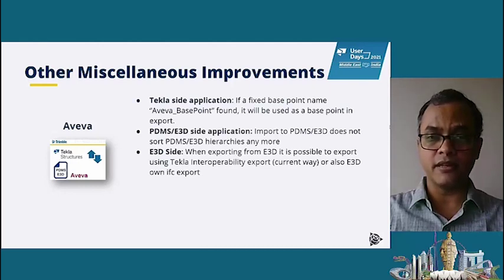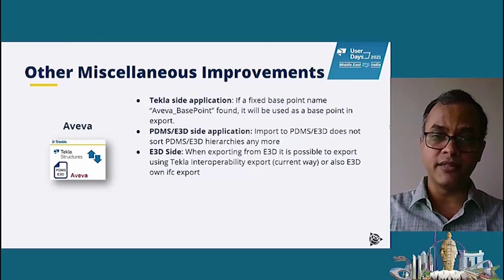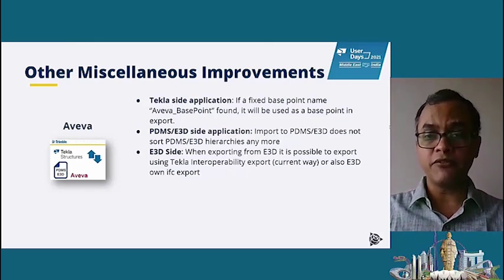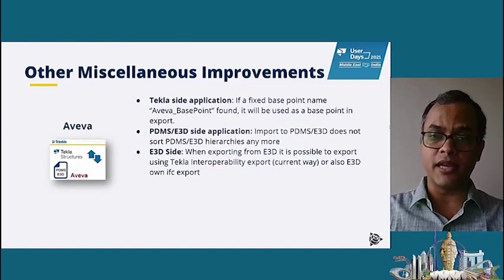On the Tekla side, if a fixed base point named Aveva_base point is available inside the model, it will be used while exporting to Aveva. On the PDMS E3D side, while importing to PDMS E3D, it does not sort based on the hierarchies anymore. Similarly, while exporting from E3D, we can also use E3D's own IFC export now.